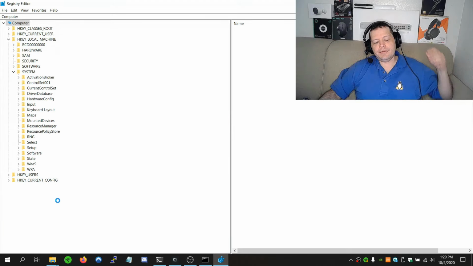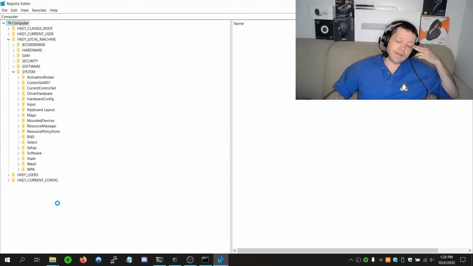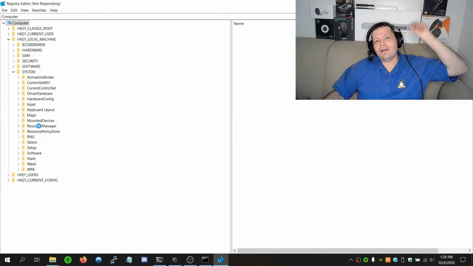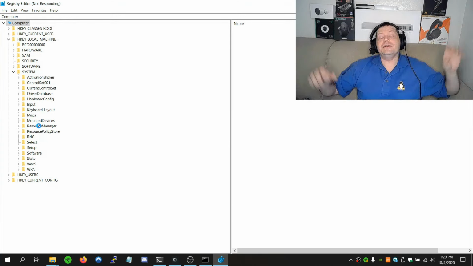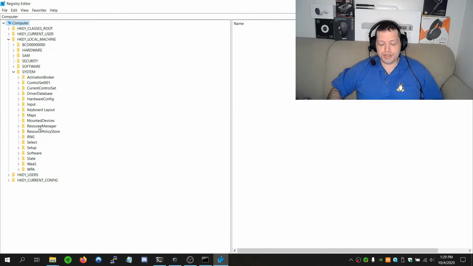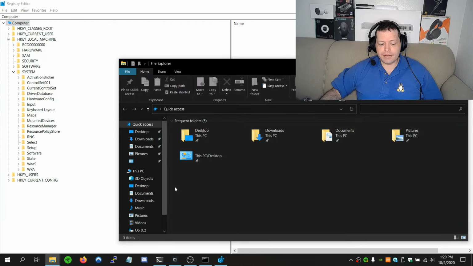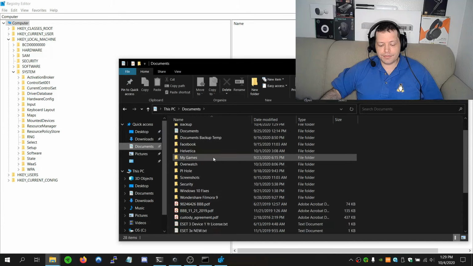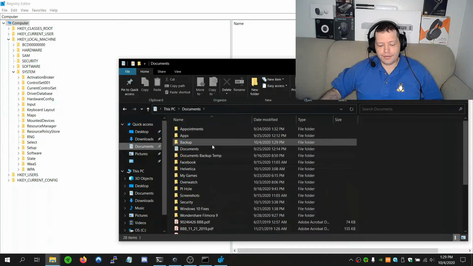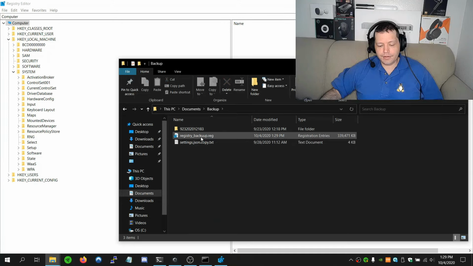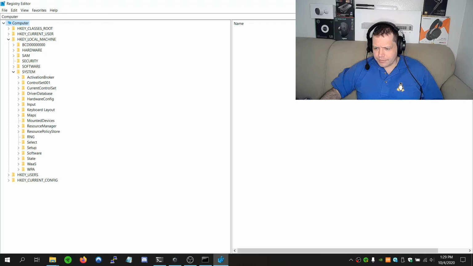Now let's assume that I went in here and I just selected all, and I changed all the values and completely destroyed your machine. You'd be able to go into that file folder where that registry file is, which is in documents and backup. If I double click this, it's going to reset the registry back to where it was right when I did that backup. Complete fix. Okay, so another thing you can do